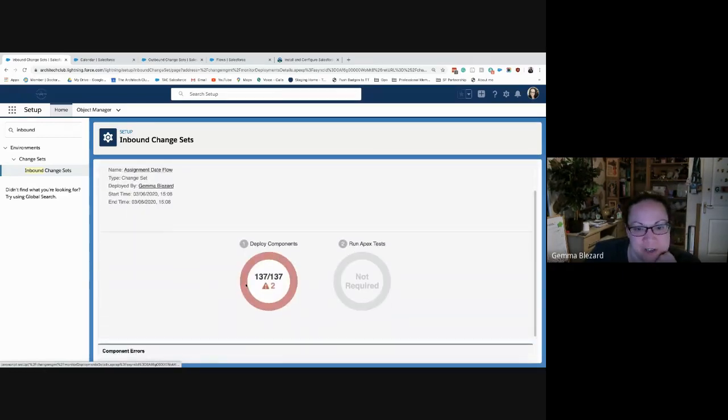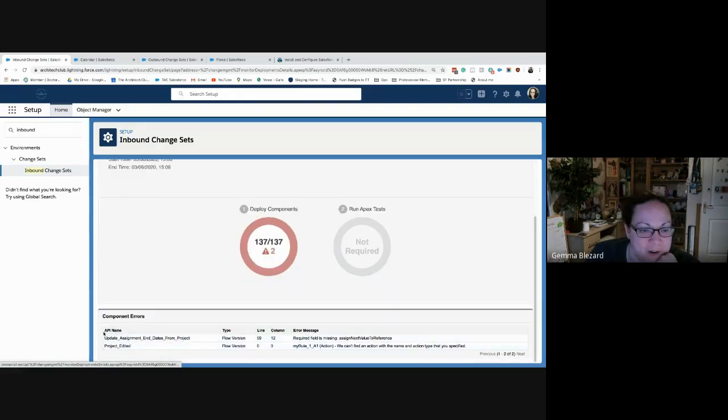So you normally see the deployment fish here while it's running, and then it'll finish off with either a red circle or a green circle and the number of things that were deployed. And then here we get the error. So in the project edited process builder, which is actually a flow version, it says we can't find an action with the name and action type that you specified. So that broke. And then you've got assignment end dates from projects, required field is missing, assign next value to reference. So I went into my flow and just troubleshot it, had a little look at things,